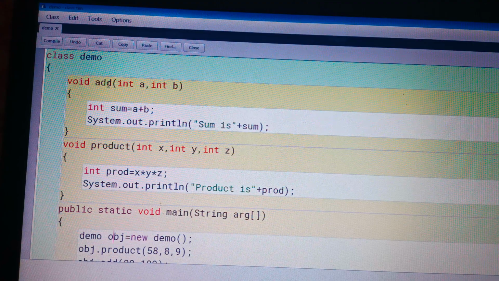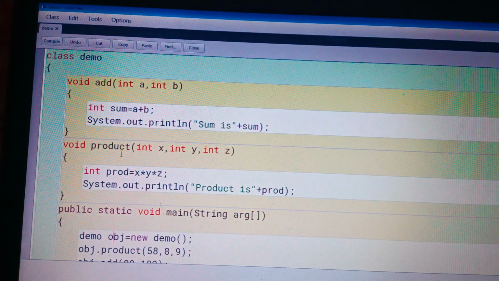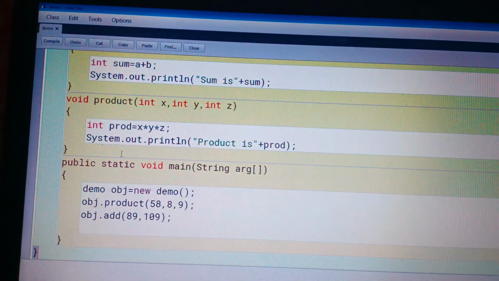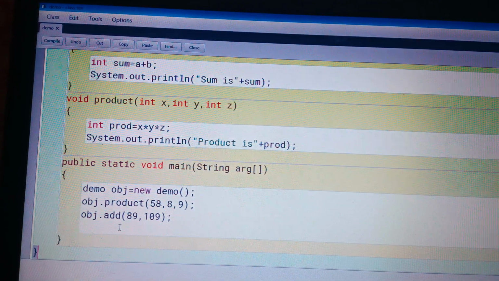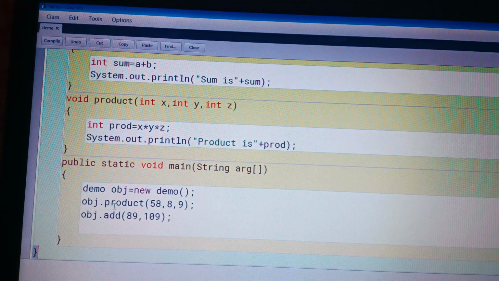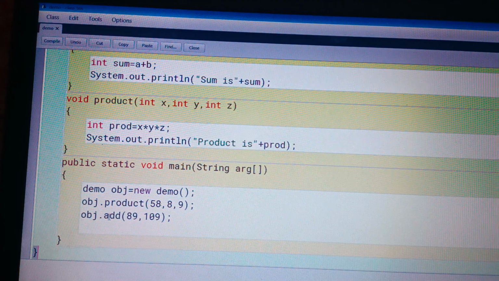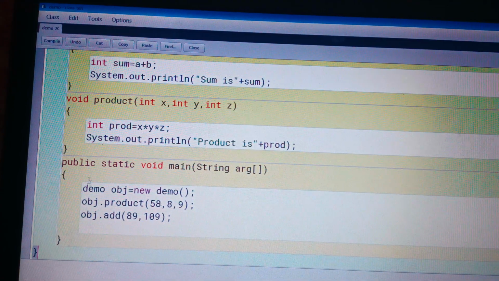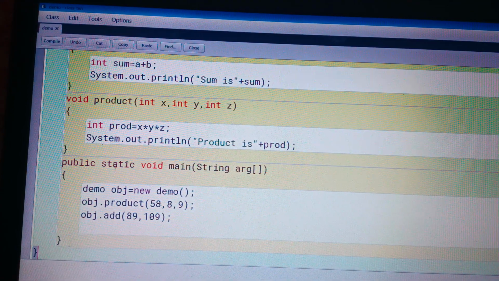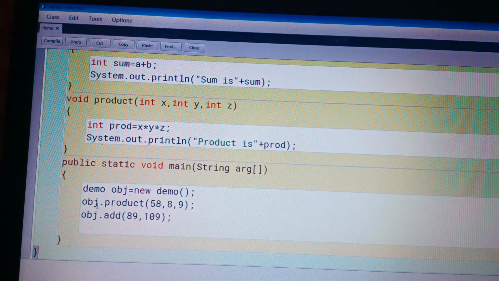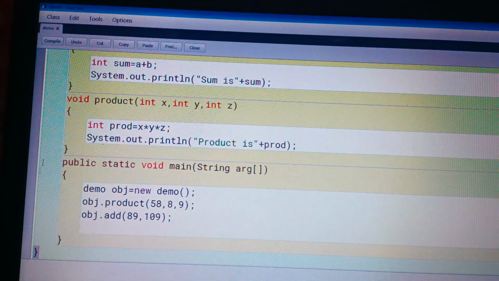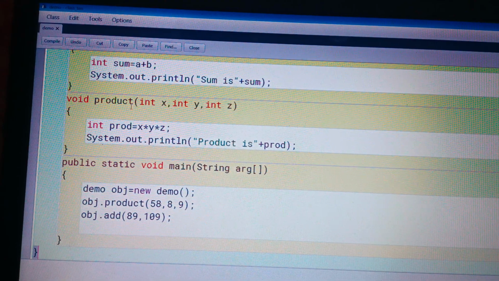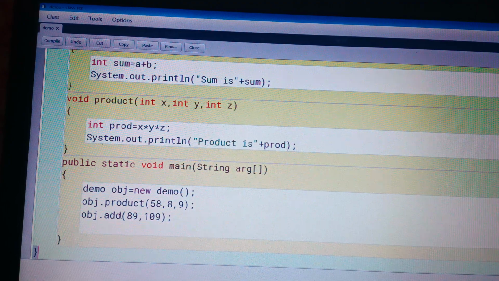You can see here firstly we create the add method and second the product method, but now I am going to call firstly the product method and then the add method. So firstly it shows the result of product method, then the result of add method, because control directly comes to the main method and creates the object, then goes to the next line, calls the product method, and then after that the add method.